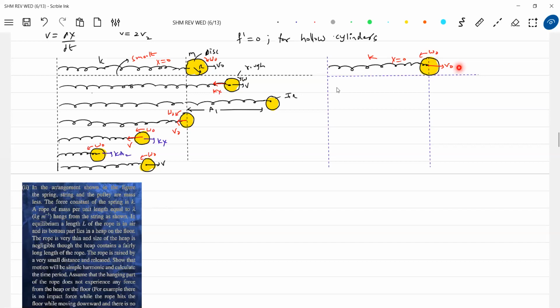Now, when it moves here, the friction does work. There'll be slipping. So what will happen finally? Shall I say damped oscillation? The energy will be lost in every cycle. Here there won't be energy lost. On this side there'll be energy lost. And finally, the sphere can come to rest at the mean position only.